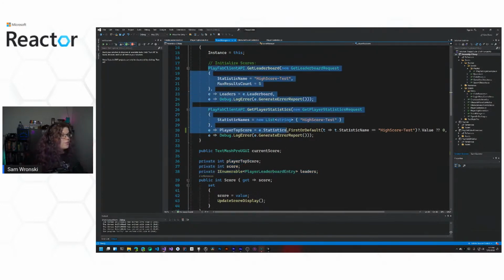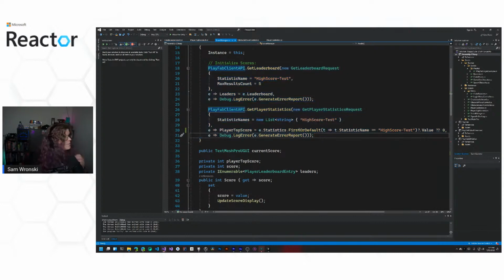And so we're pulling those from these two API calls. So what's happening here is we're going out to our high score test and grabbing the top 5 players. So we're getting the top 5 results. We can set the max results. And then when we get a response back, we're assigning the leaders equal to the leaderboard from that response. Otherwise, we're just throwing an error.